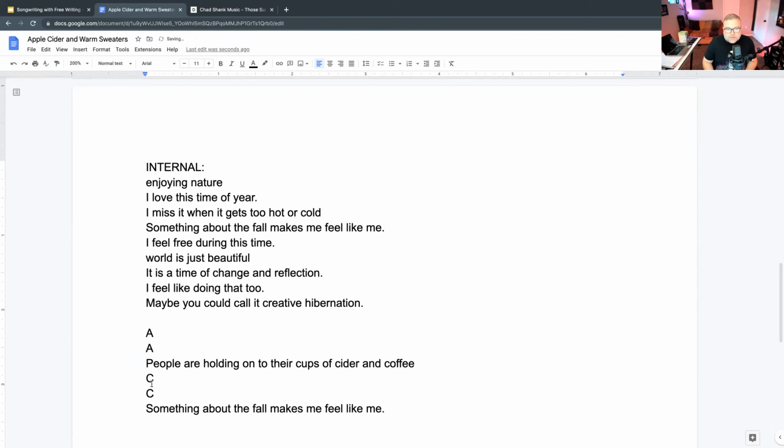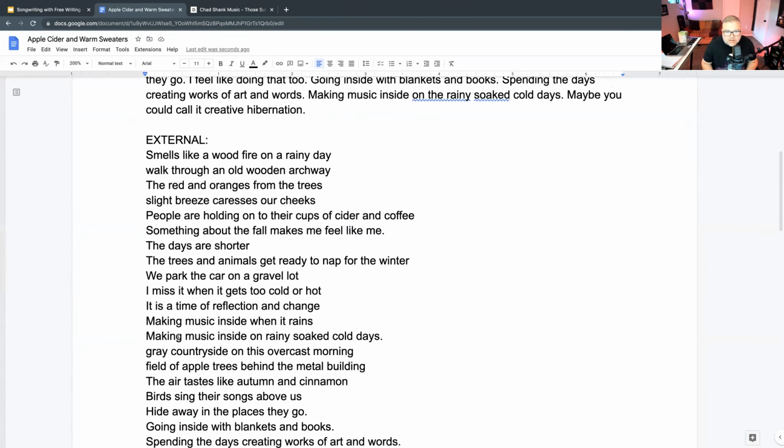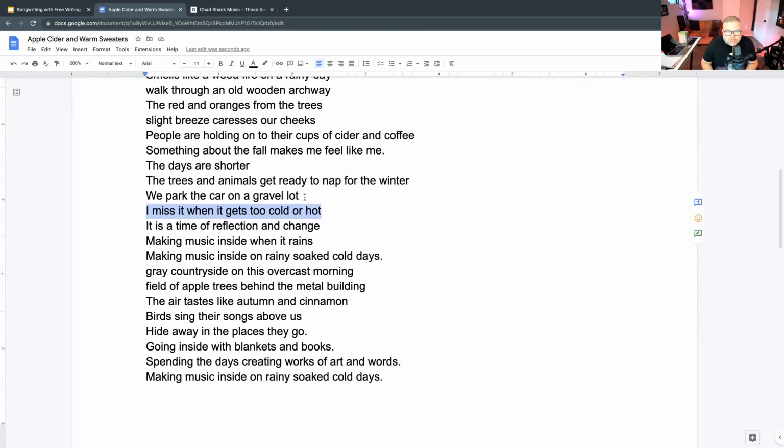And now I have two couplets that I basically need to fill in here. So I'm going to go up here and see what I'm going to use.